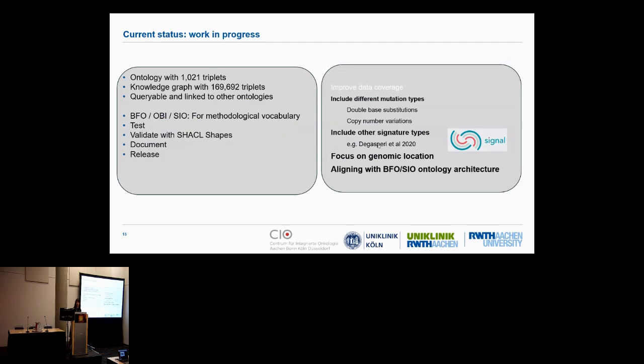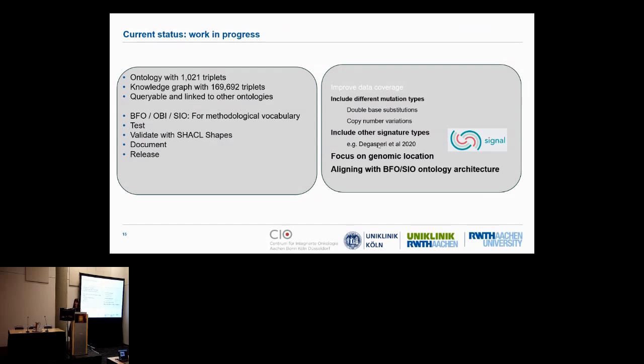This is a work in progress. So the ontology currently spans a little bit over 1,000 triplets, and the knowledge graph spans about 170,000 triplets. It's queryable and it's linked to other ontologies. But of course, it's by no means done. The plans for the immediate future are to align with other ontologies for the methodological vocabulary. So these may be BFO, BI, SIO, and to of course test and validate with SHACL shapes, document and release the